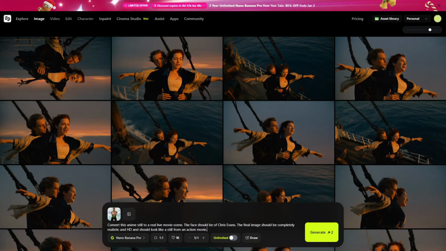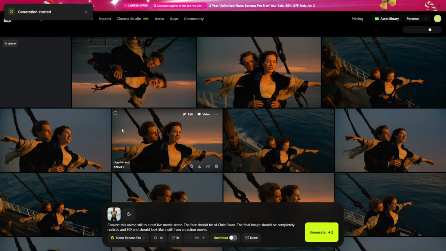So I just give it a prompt: convert this anime still to a real life movie scene. The face should be of Chris Evans. The final image should be completely realistic and HD and should look like a still from an action movie. Not a very difficult prompt. Just click on generate and we will convert this scene to a real scene and then we will convert that